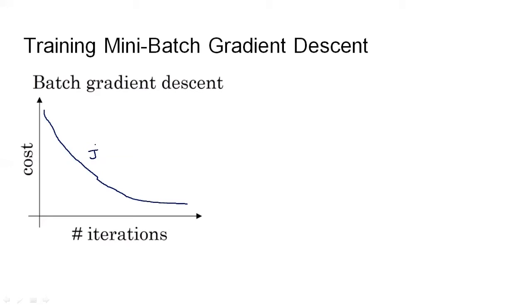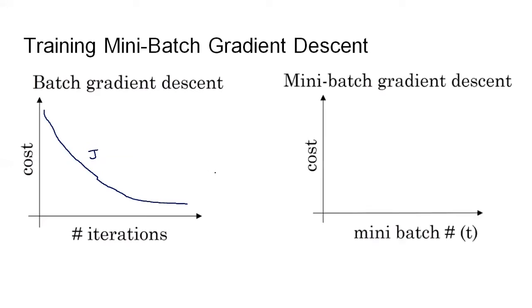In correspondence to this, how would I get the graph of mini batch gradient descent? In the mini batch gradient descent algorithm, I am now going to take even a single step of the gradient descent algorithm without iterating over the whole dataset. So our graph would be like this.